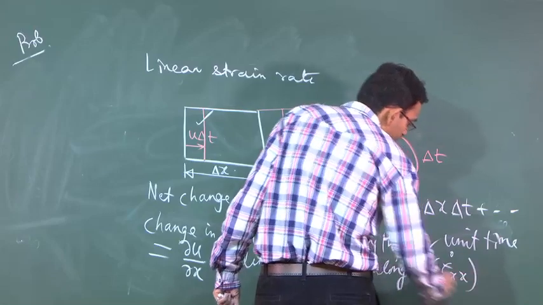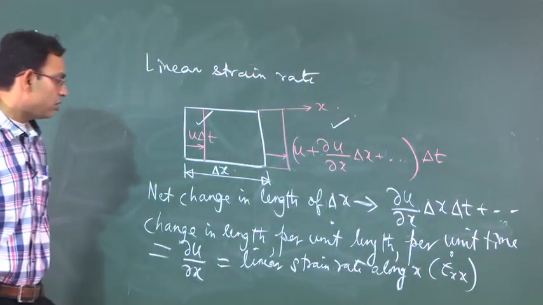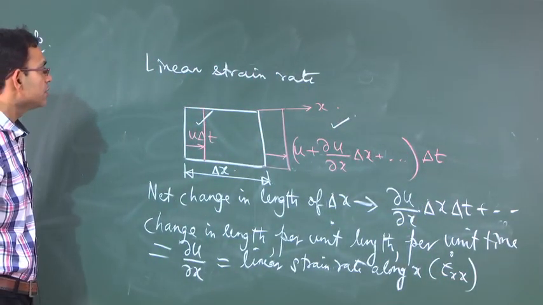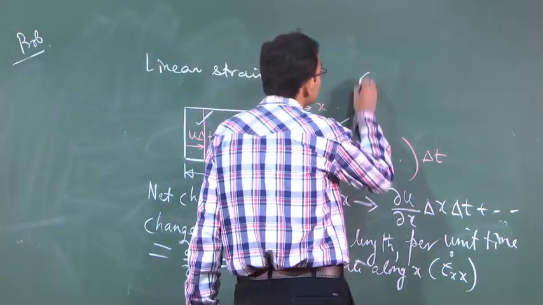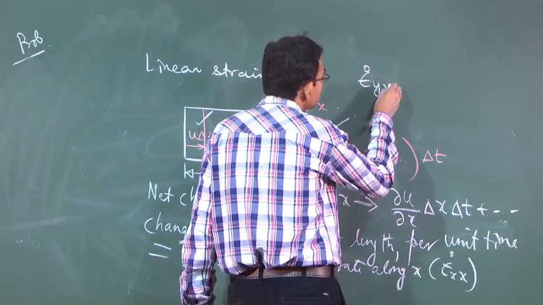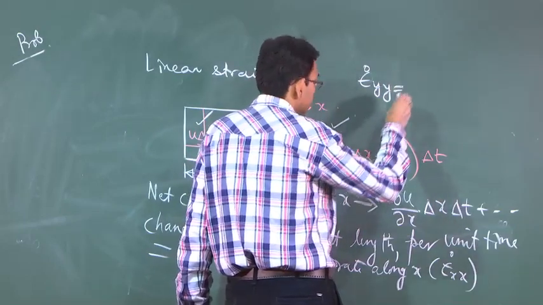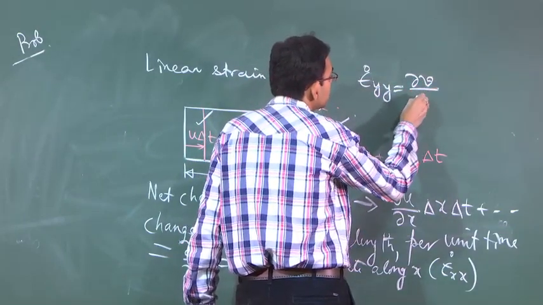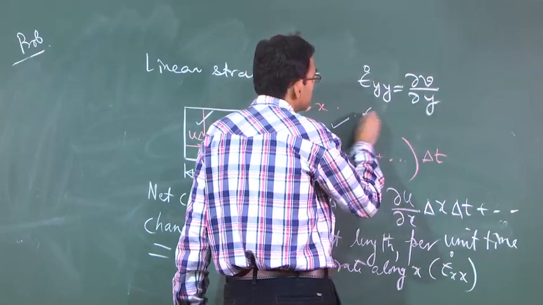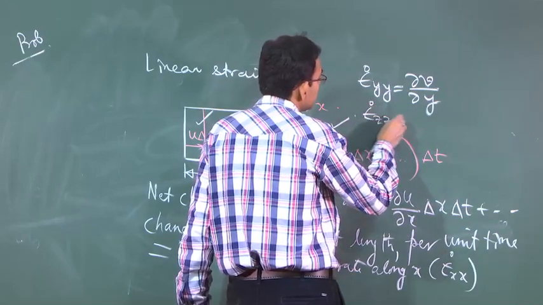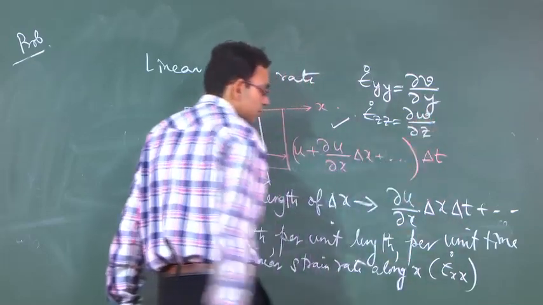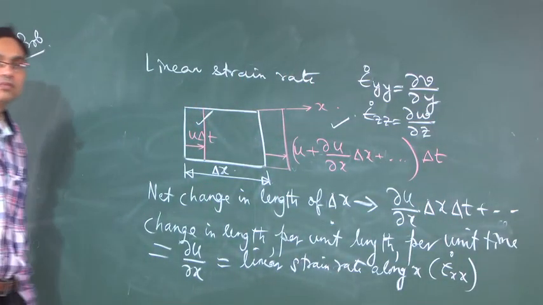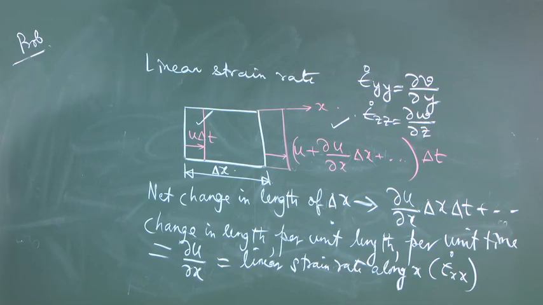This is often called epsilon dot xx. Similarly,